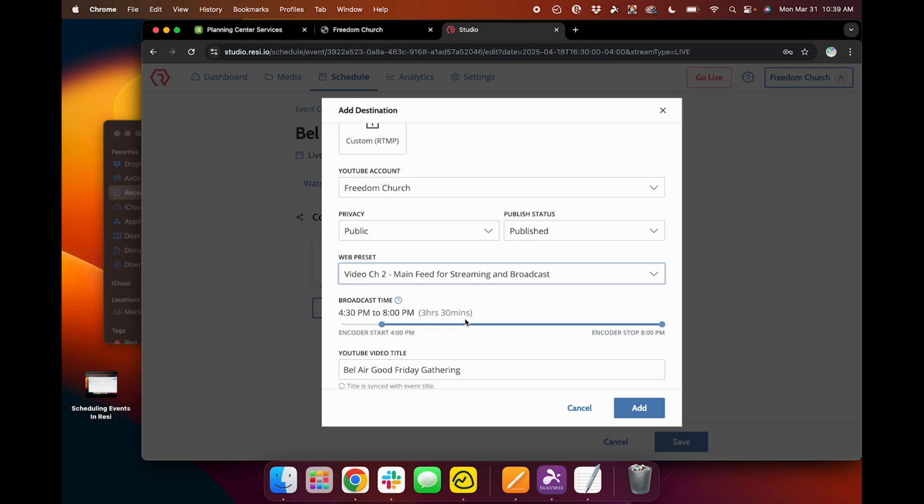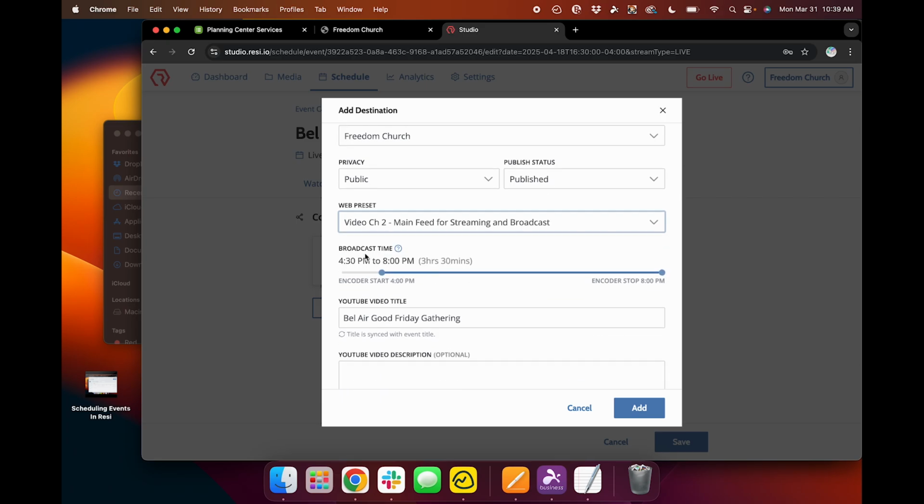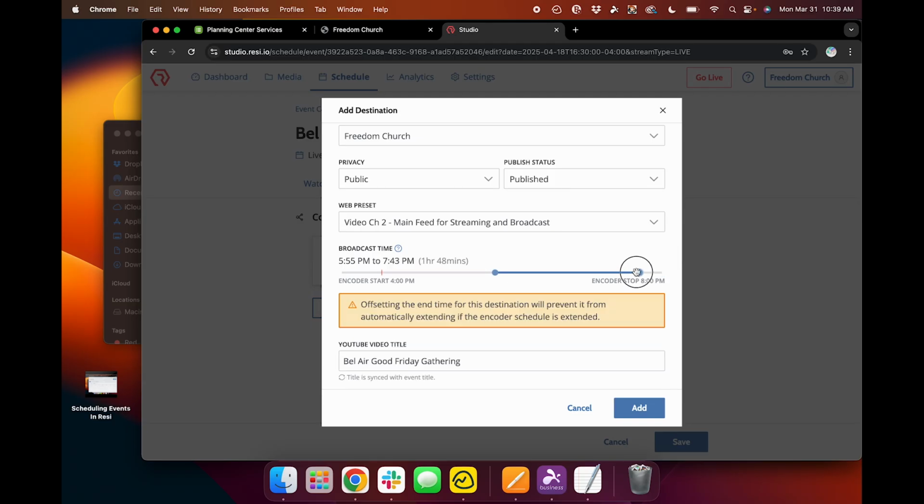We are still doing the main feed, but this time where this is different is we are going to schedule this to be our actual event. We want this to start a little bit before the event does, so at like 5:55, that'll be when the 5-minute countdown is going on.